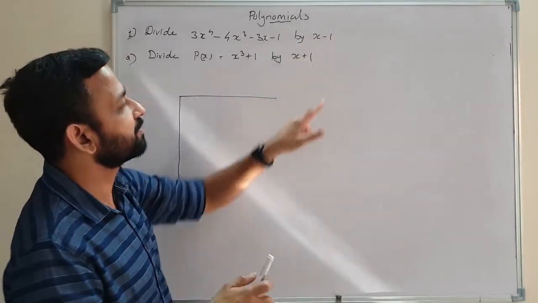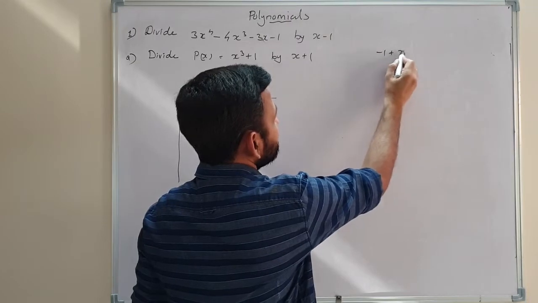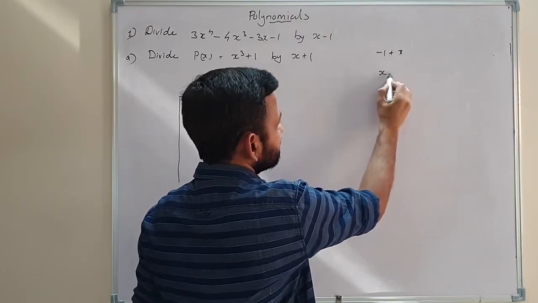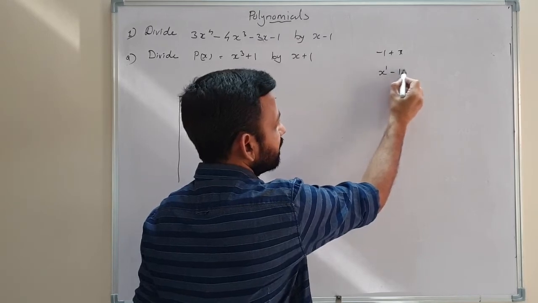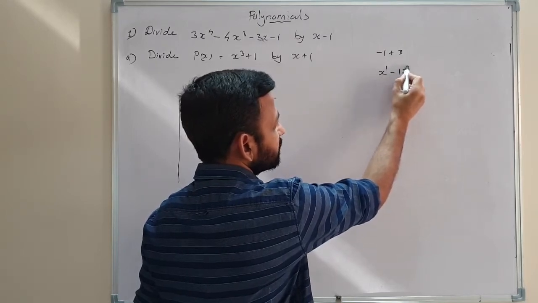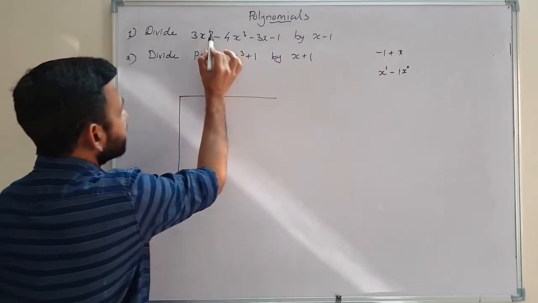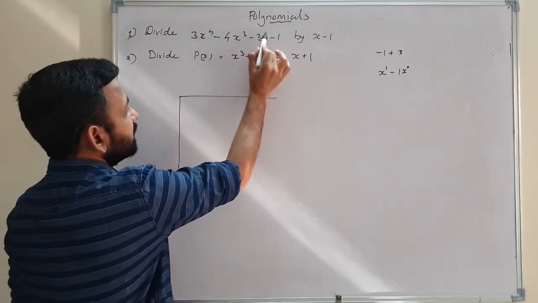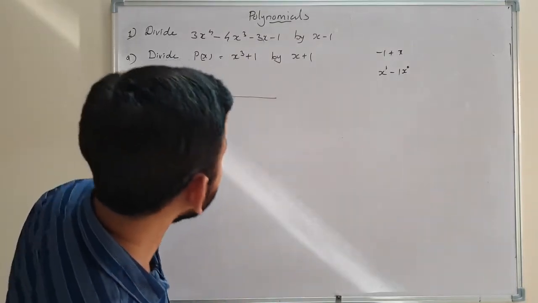That is important. In case it is minus 1 plus x, then we have to write x first, then minus 1. So then only we will get a decreasing order of their powers. Here the power of the variable is 0, so 1, then 0. Here decreasing order 4, then 3, then 1, then 0. So the polynomials are in decreasing order.